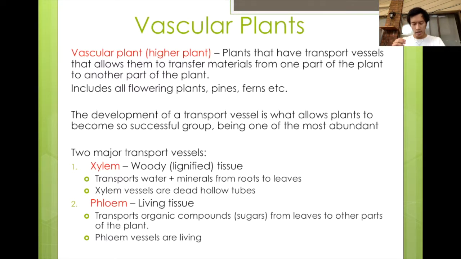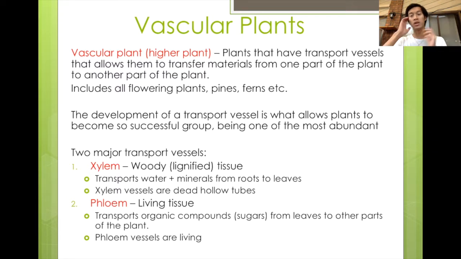We're going to take a look at a particular segment of plants called vascular plants. Now, plants are divided into many different categories, but one of the major evolutionary transformations you see in the plant world is the development of what we call a vascular plant, which is a form of higher plant. They are the trees, your pines, the major plants you see all around the world, forming your great rainforests, your temperate rainforests, and all of the environments,